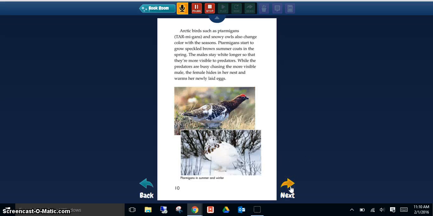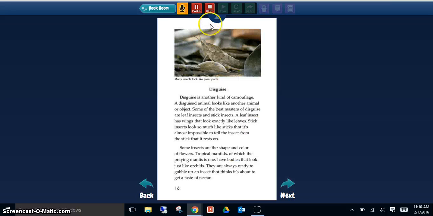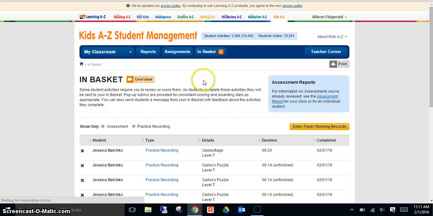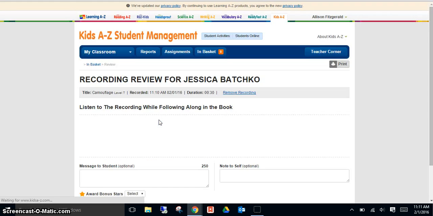When students have finished the assigned reading or the reading of their choice, and they hit stop, they have the option to send it. I'm now going to show you where it goes when a student sends their reading. I am now logged in as the teacher. As the teacher, if I go to my in basket, I will see that a student has submitted me a recording. If I click on that recording,